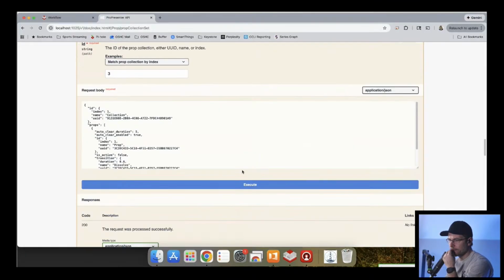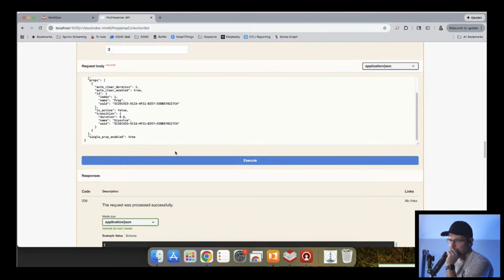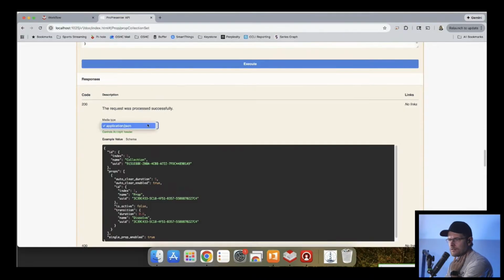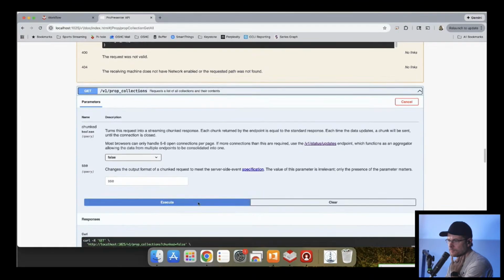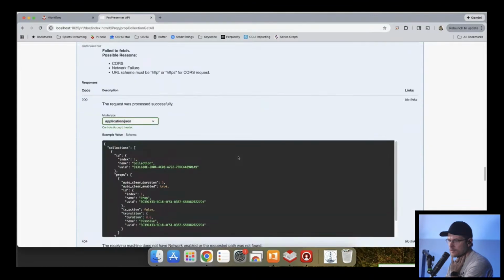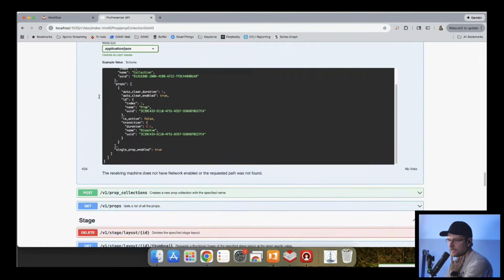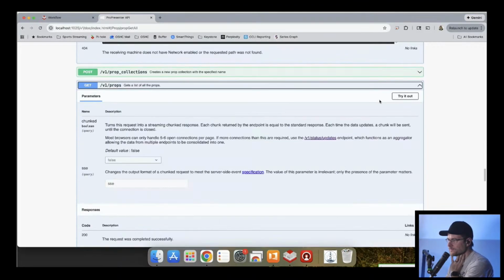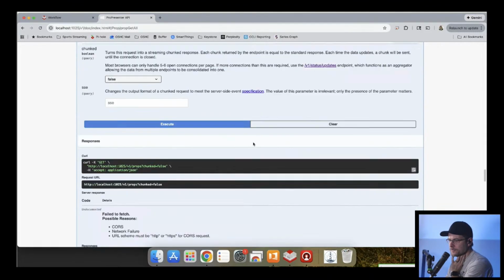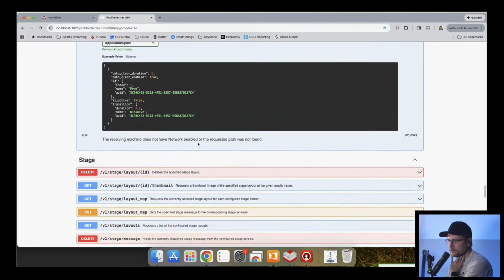Try it out. Oh. Request a list of all collections. Get a list of all props. Execute. This is probably the one I should be using.